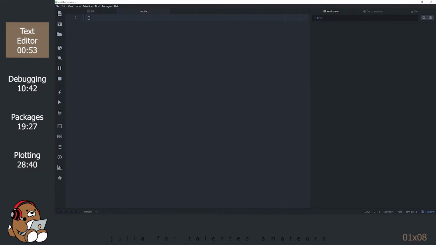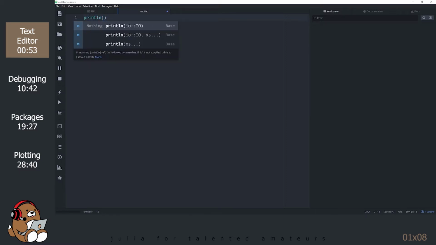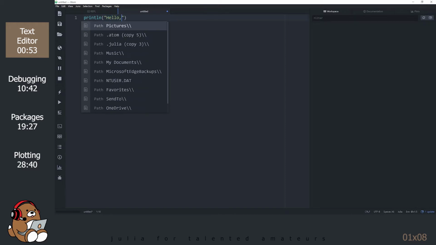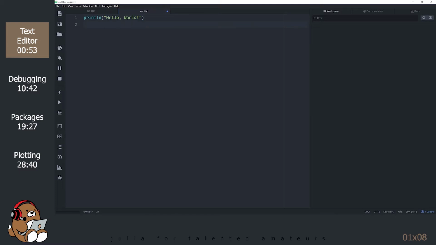Clicking on the icon will generate a new tab next to your REPL called Untitled. Click on line 1 and type in some code. As soon as you started typing, it made suggestions for you. As soon as you typed in an open parenthesis, it automatically created a closing parenthesis. As soon as you typed in an open quote, it automatically created a closing quote. It displayed the code in different colors. When you hit enter, nothing happened.